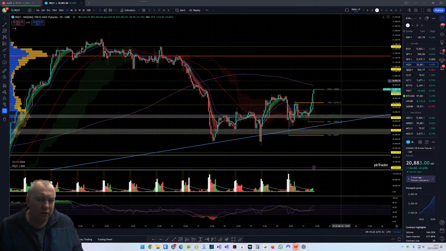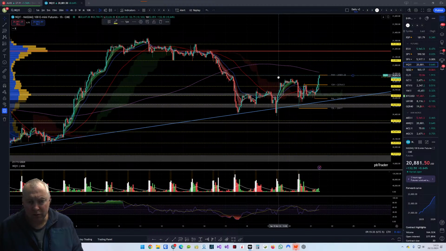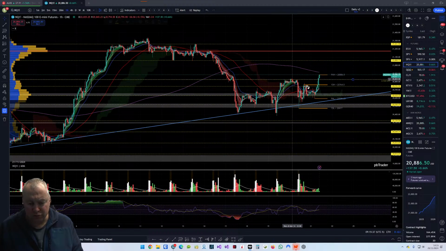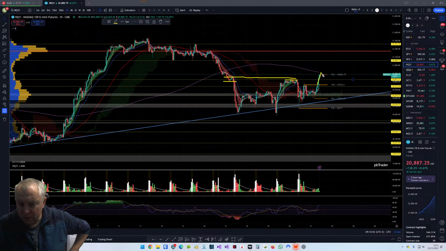NQ, I don't mind this today actually. I've got this level where we're up to now, the pre-market high, but I'm going to move that down. That's just based on confidence from yesterday, but I'm going to use the most recent confidence. I was using confidence from here, going back a few weeks, bottoms and tops of candles, but now more recently we've got the tops of these candles, bottoms of these candles, and the tops of these candles, and we've broken through. So I quite like the retest of